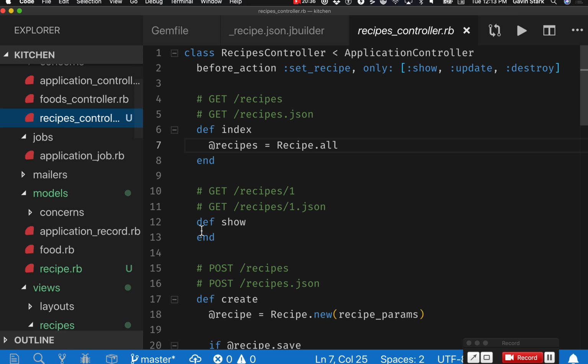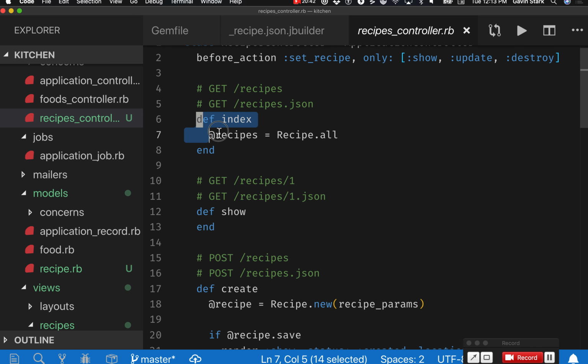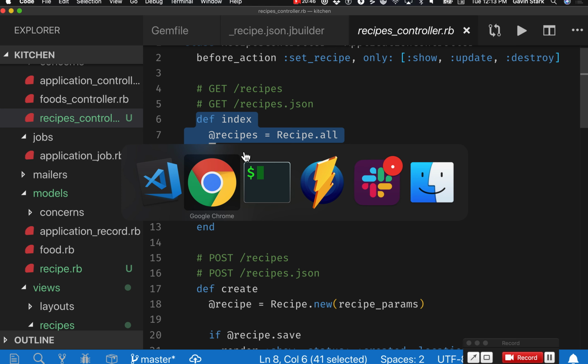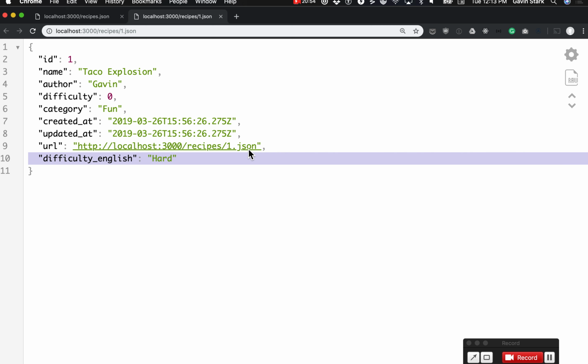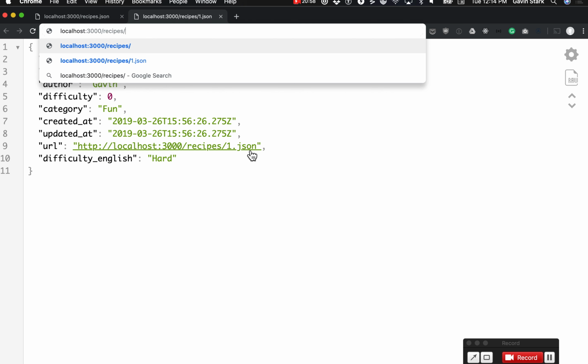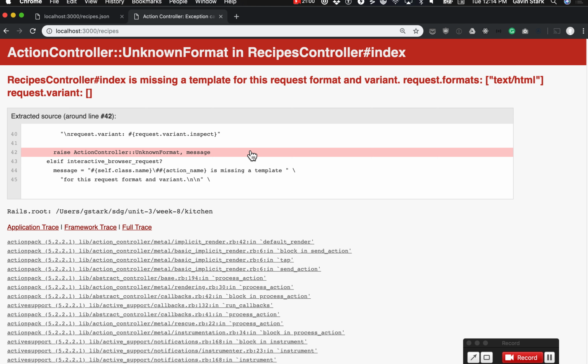Because it starts to do weird things like there's nothing here in the show, and that looks weird. Like, oh, it's an empty method, right? And the fact that this just gets all the recipes and doesn't do anything. Now the @ symbol on recipes is important, because if I just say recipes equals recipe all, right? Now it's like,